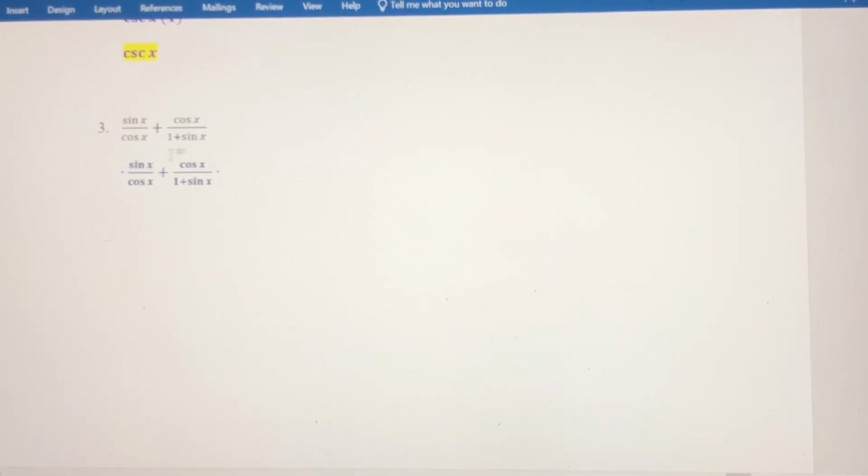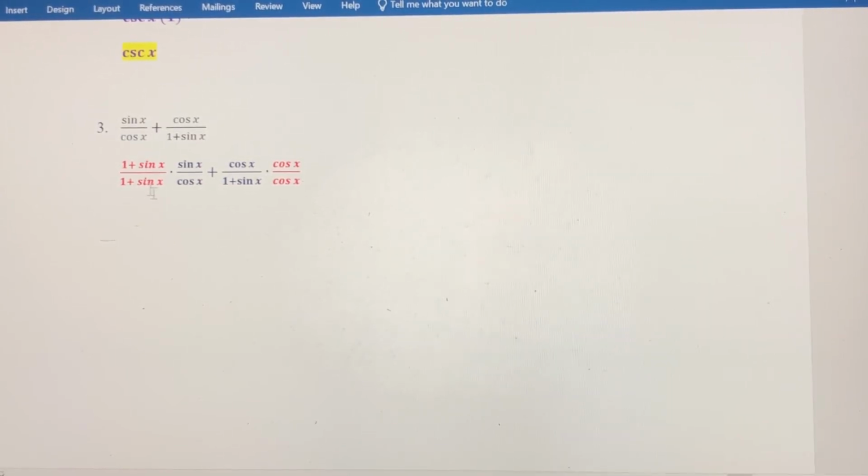So my common denominator is just going to be the product of these 2 denominators. So on the left side here, I'm going to need 1 plus sine of x to be what I'm multiplying both top and bottom by. On the right side, I'm going to need cosine of x to add on to be the common denominator on the right side, okay? So remember, when we simplify rational expressions, we're going to leave our denominator in factored form, but the numerator, we need to use our algebra and multiply these out